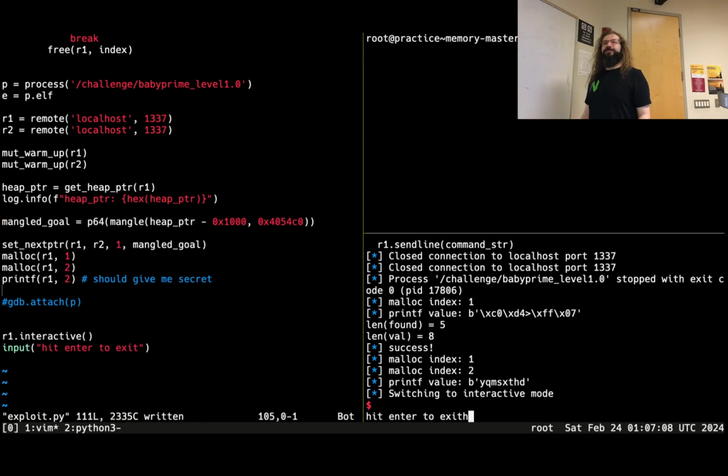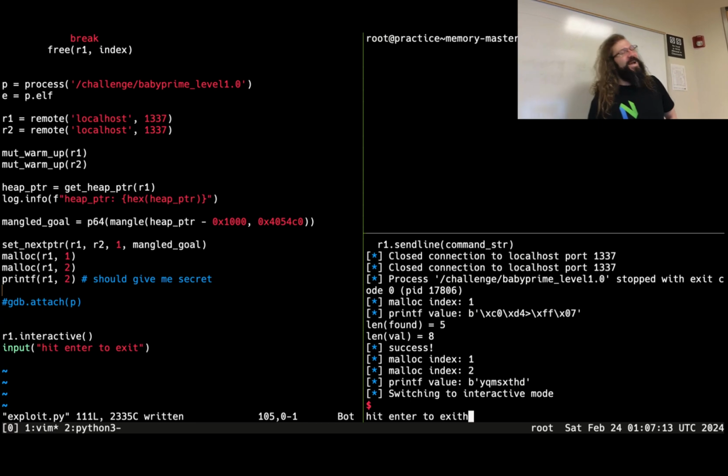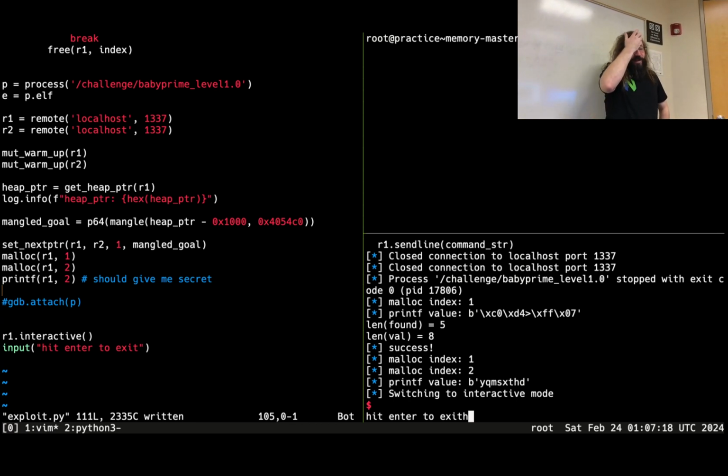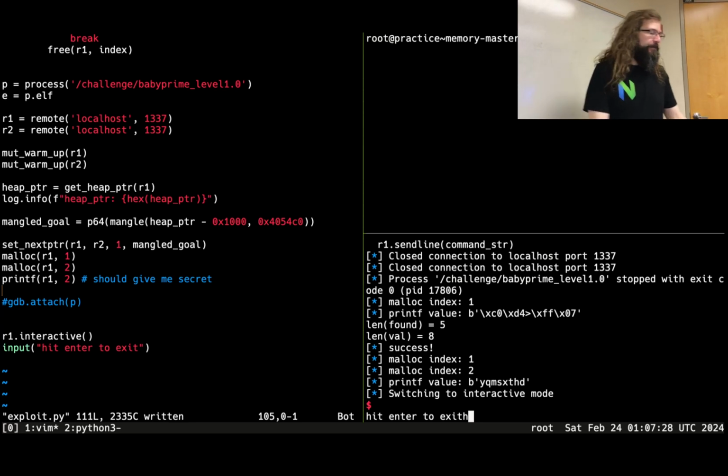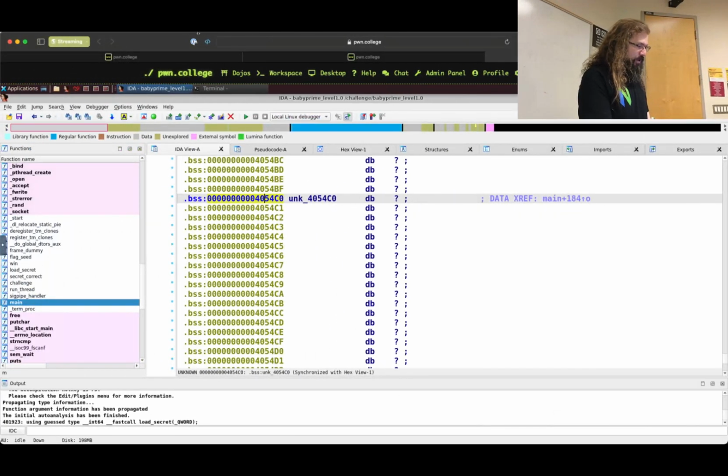Do I need to take this all the way to the flag from this point? No. Good. This isn't a full solve. Okay. So that was useful and hopefully is the primitive that you need to then start working up for later challenges. Because the difference here now between level